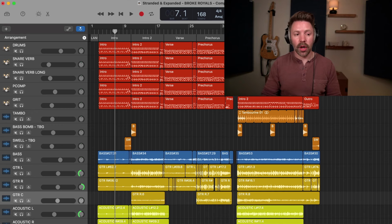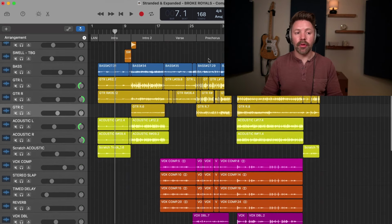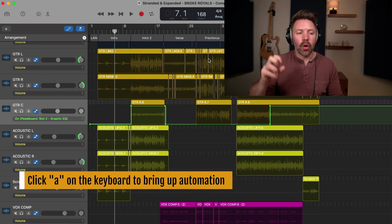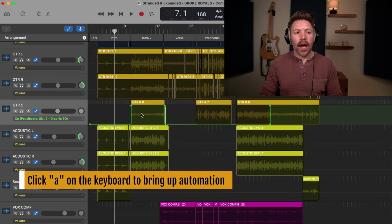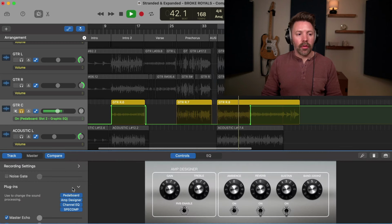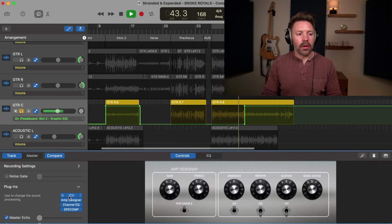Now, you can automate just about anything. So for example, let's look in GarageBand here. I have already automated before even starting here. I'm breaking my own rule, but this was more for like a recording purpose. I've automated to have a guitar pedal kick on at a specific point in the song. So for example, this guitar here has a strumming part, and then it goes into a lead guitar line. And if we bring up this pedal board,